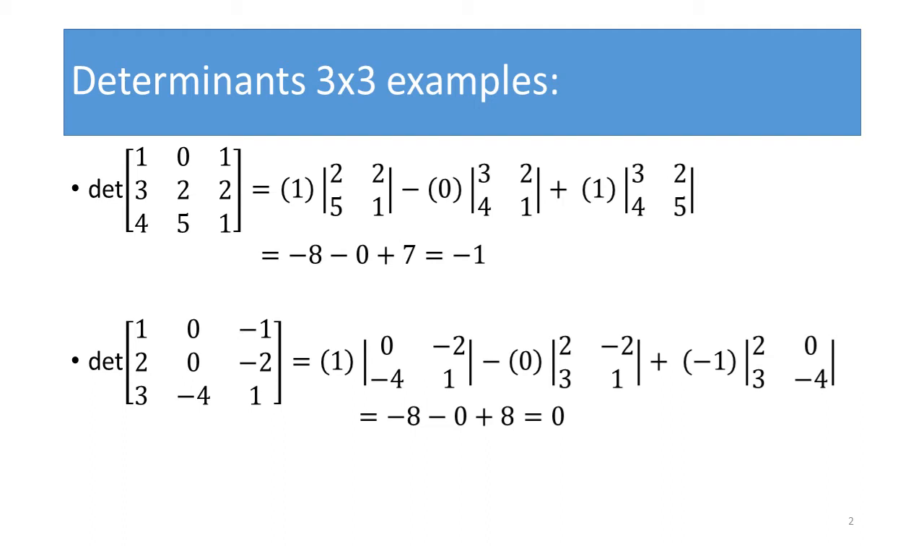So we have to go for the third element in the first row. That means we have to forget the first row and the third column. So what is remaining is 3, 2, 4, 5. So 3, 2, 4, 5. It is a 2 cross 2 determinant. Now what we have to do? We have to find the value of this determinant. 1 into